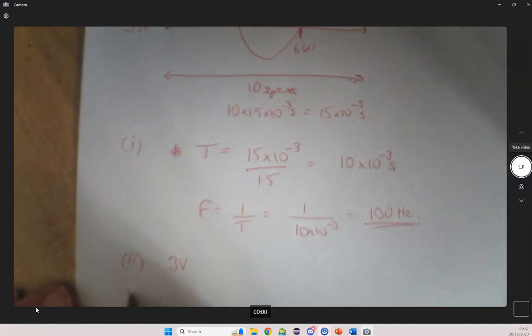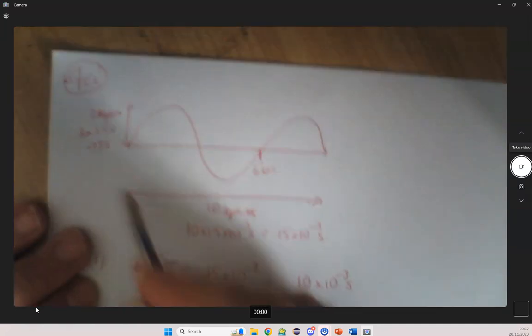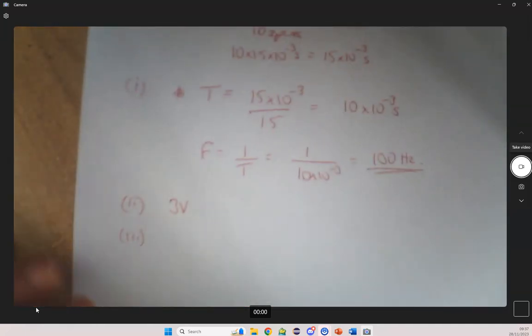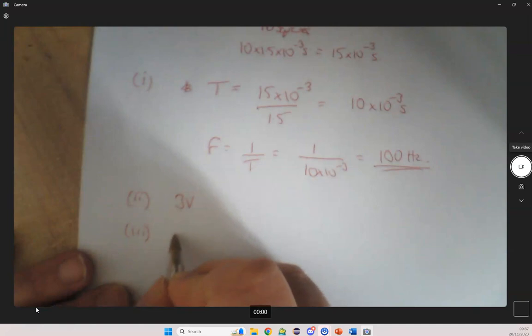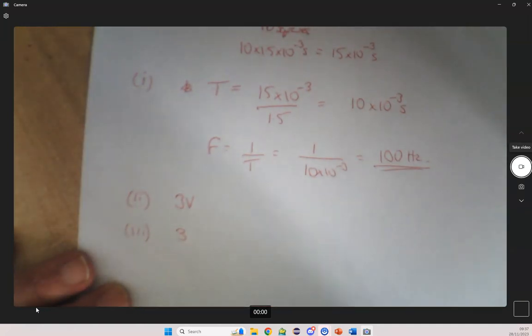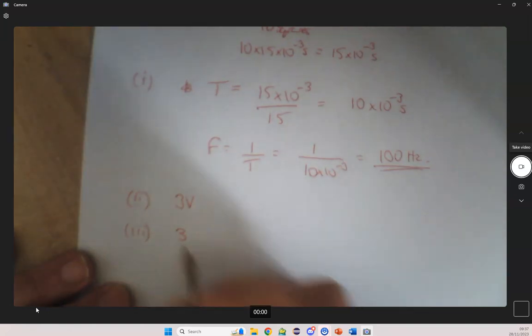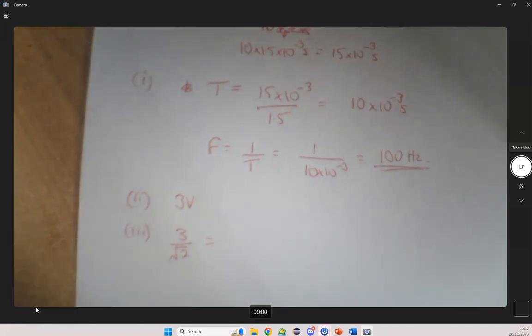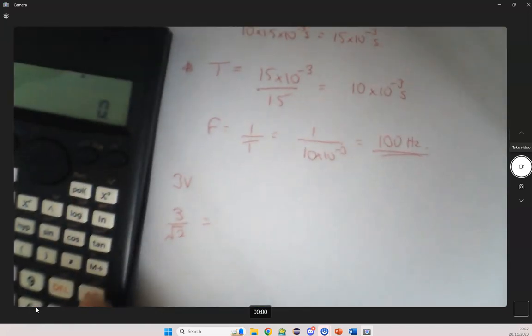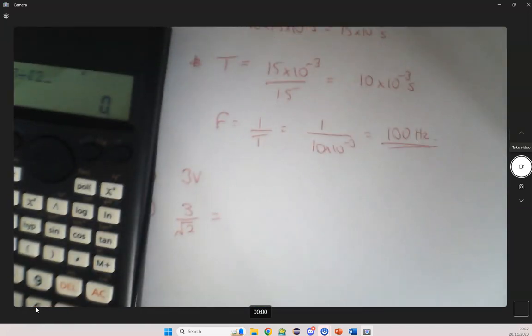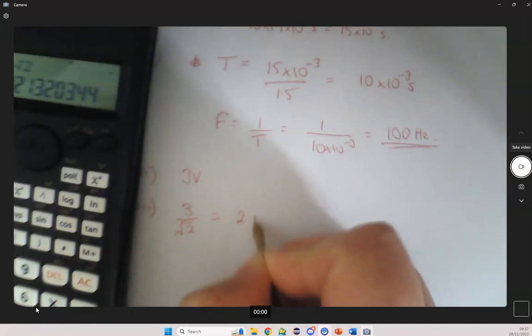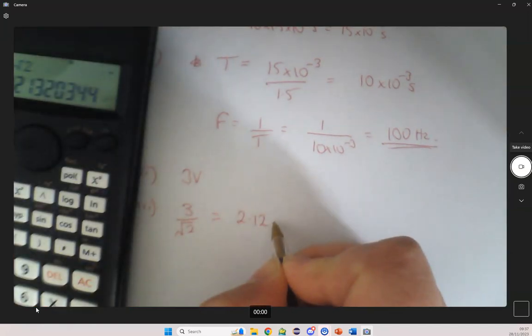Now it's asking us for the RMS voltage. We've got a sinusoidal wave, so we know for a sinusoidal wave, to get the RMS value, the root mean squared value, which is the effective energy transmitted if it were DC, the RMS is 3 divided by root 2. Shove that into a calculator. 3 divided by root 2 gives me 2.121